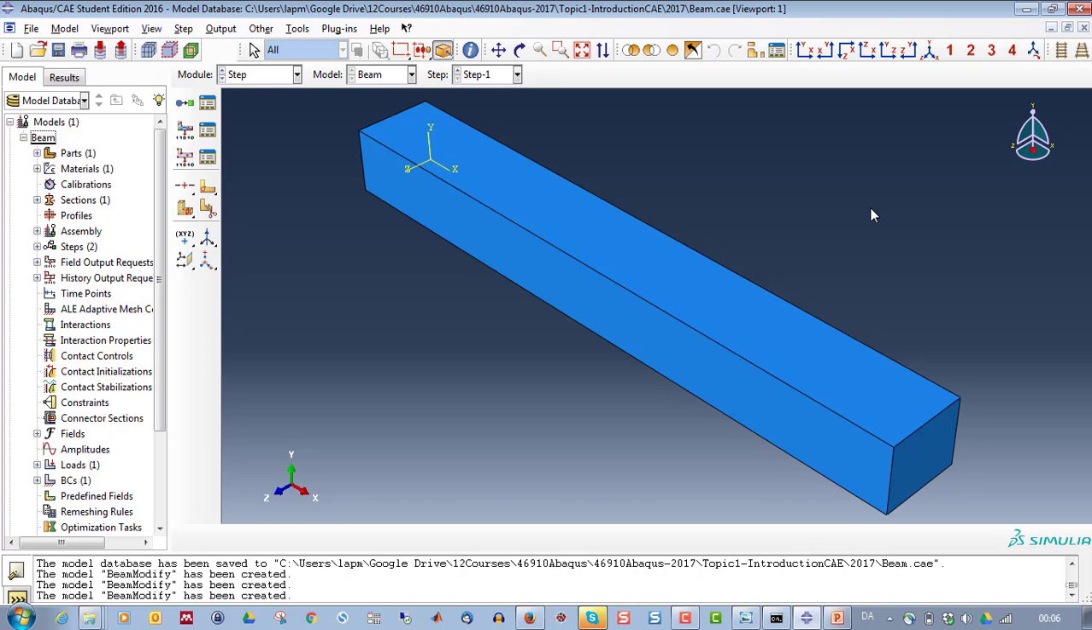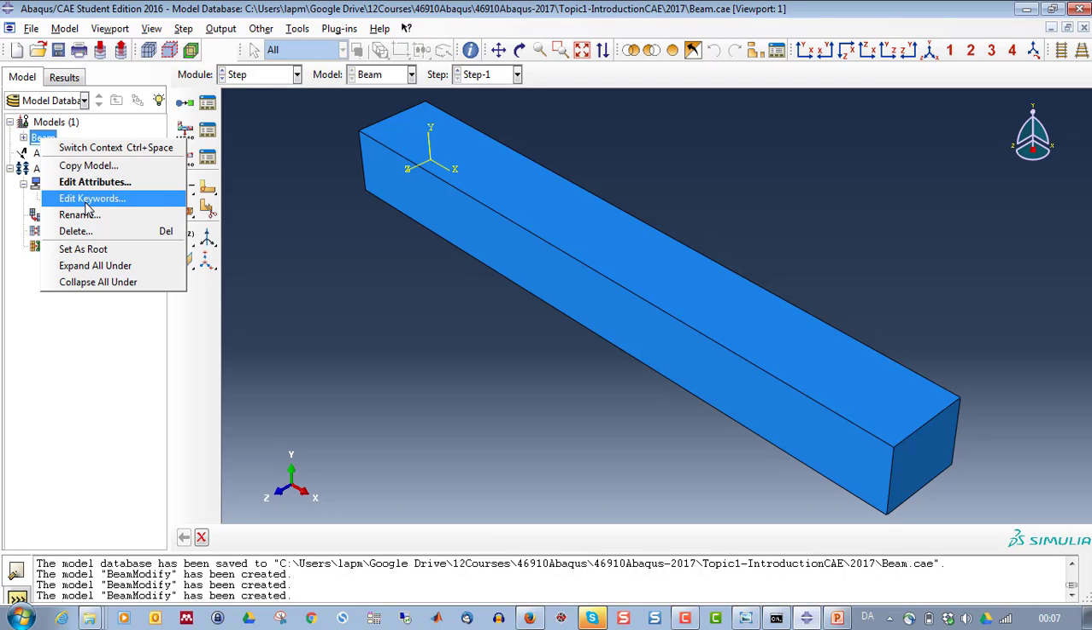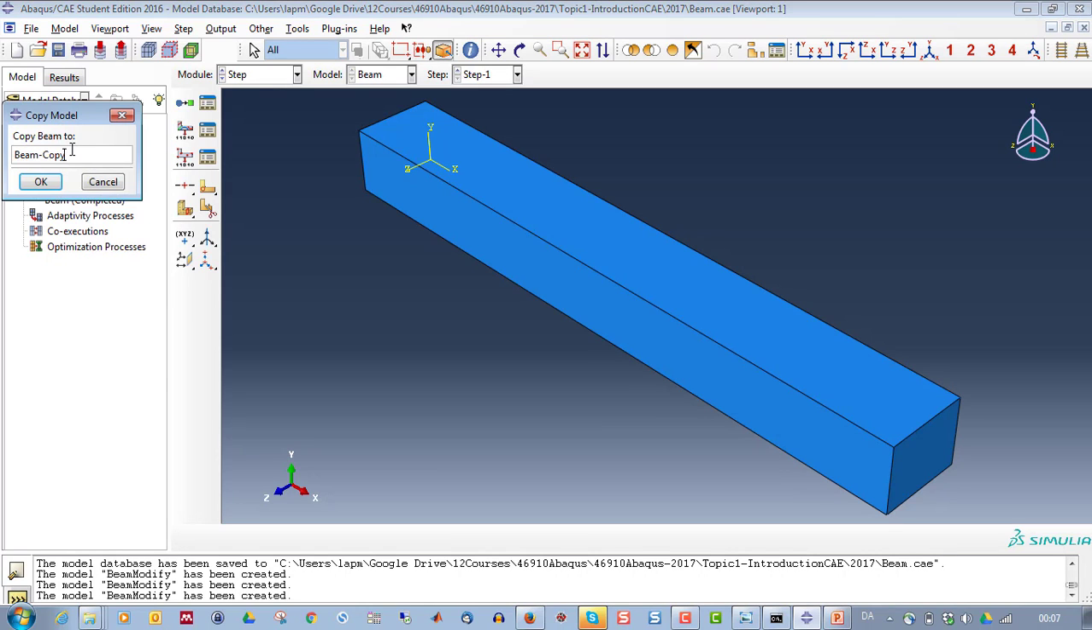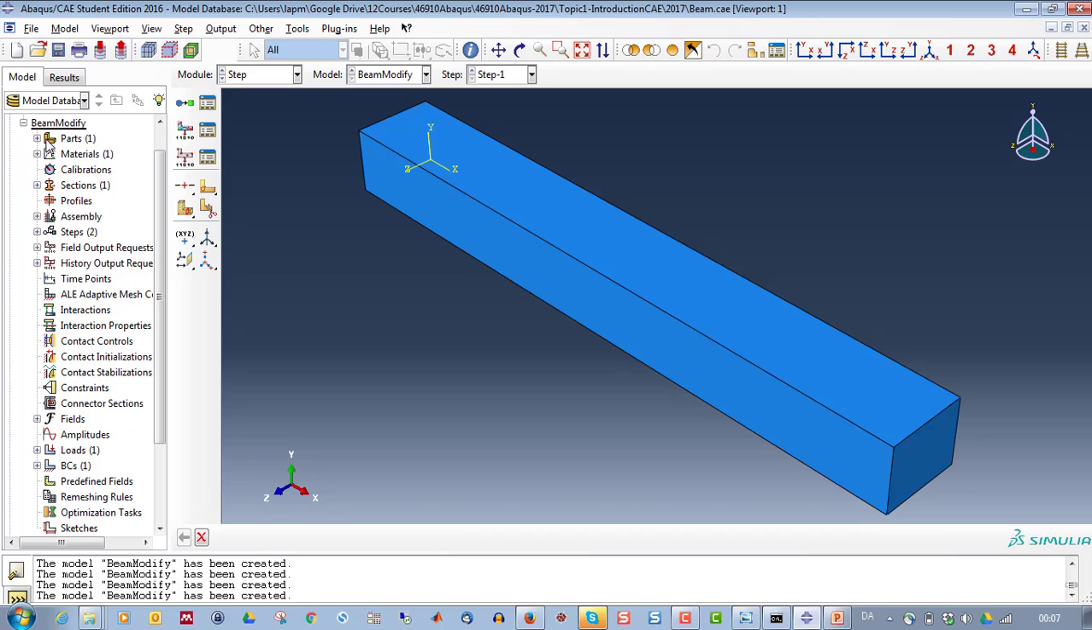The following demonstration video will show how to modify this cantilever beam model, which was defined in the workshop, to a more beam theory-like model. In order to do this, we will take the model already generated. We will copy that model to a modifier, call that beam modifier, and in that we can now go in